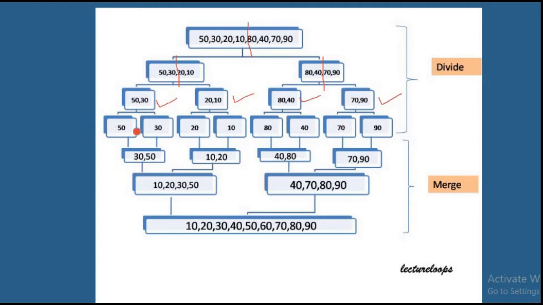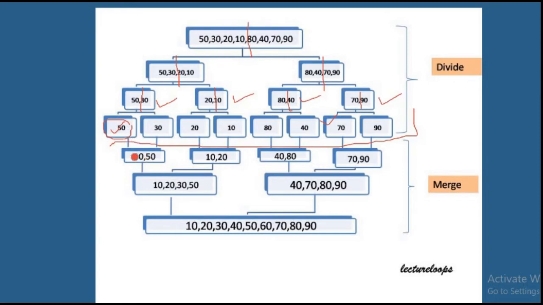We will go on dividing till we get a sublist or subarray having only a single element, because a single element is always sorted, as there is no other element. It is the same as winning a race in which only you are running, so you will definitely win. In the same way, an array having only a single element is sorted. So we have divided all the lists and got sublists having only a single element. So our divide part is completed.